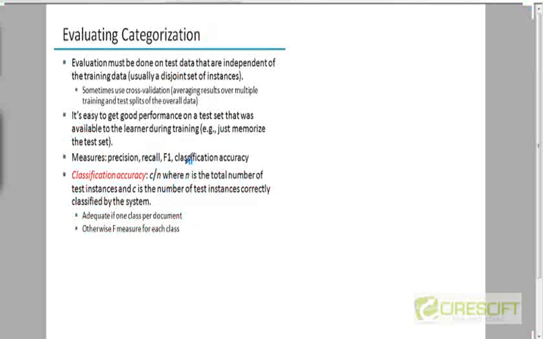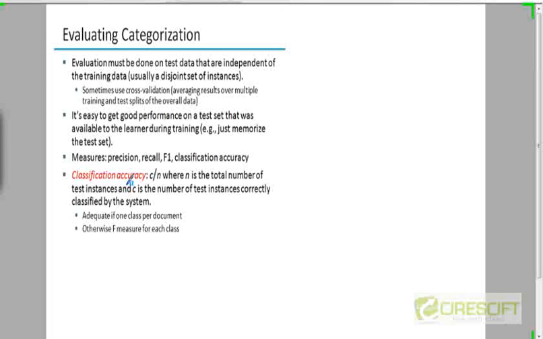One last thing that I want to mention is how to compute the performance of a classification algorithm. It's similar to how we computed the performance of a clustering algorithm. You can define a precision and a recall measure for each class. The precision measure would be, among all the documents that you classified in class C, how many of them in reality belong to class C? And among all the documents that in reality belong to class C, how many did you actually classify in class C? That would be a measure of recall.